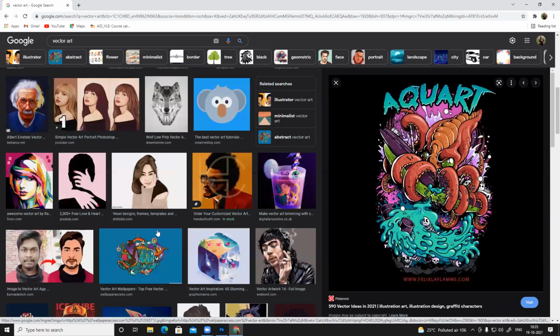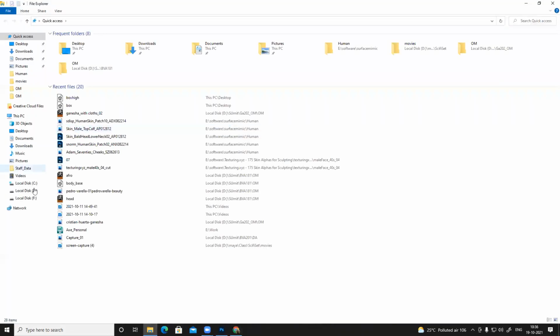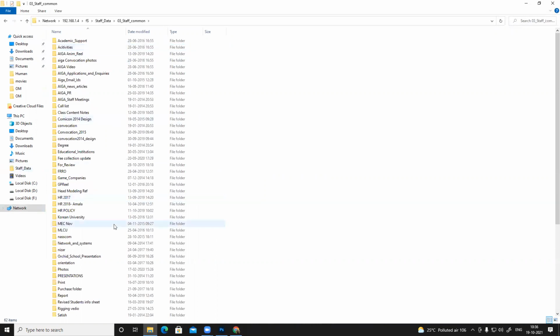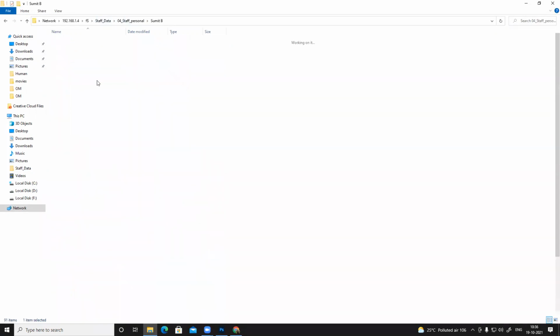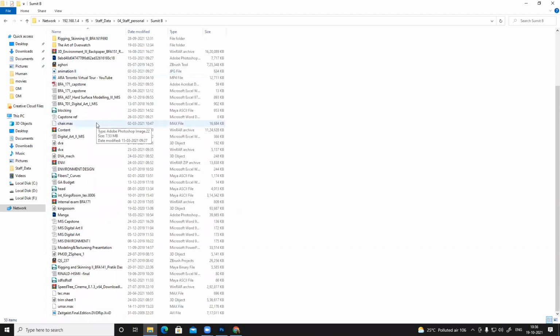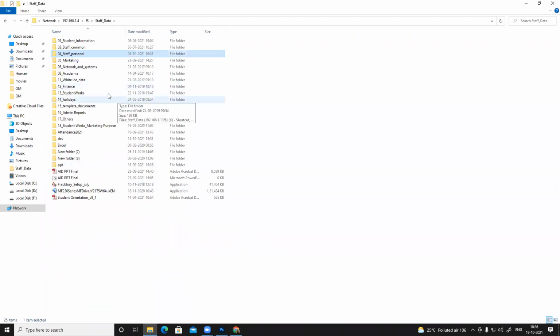Okay, so let's do vector art, something very simple to start initially. Let's see if I have access to my stock data. Oh, yes. Okay, I don't have the digital folder here. It's not there. Okay, I'll copy it then.